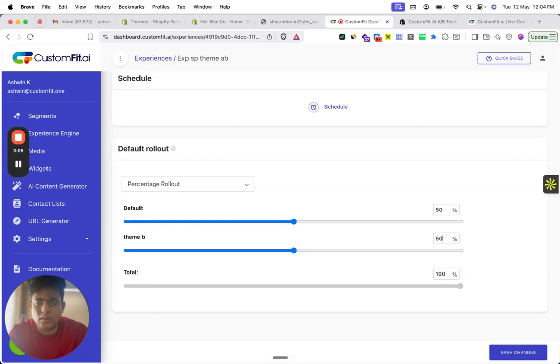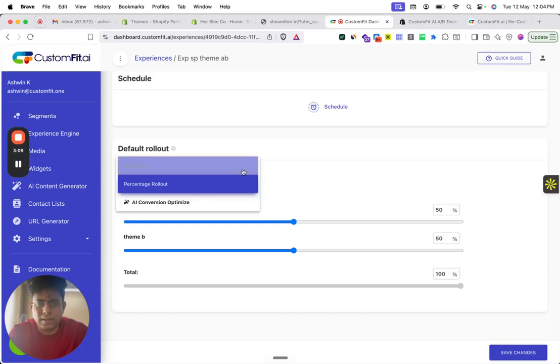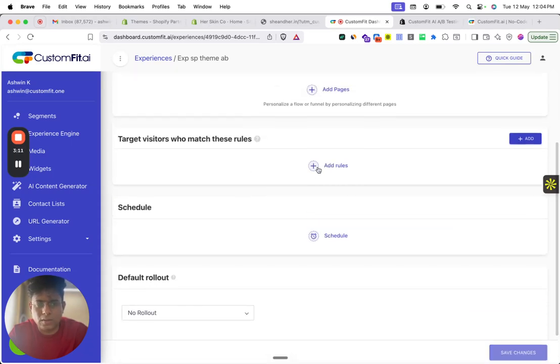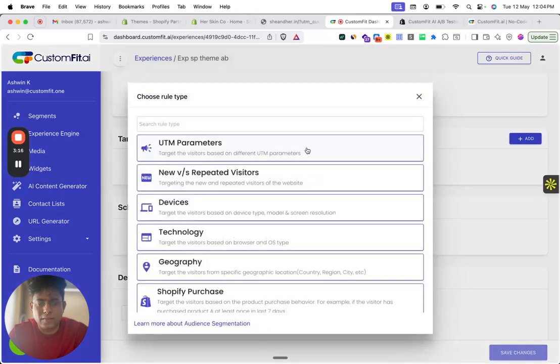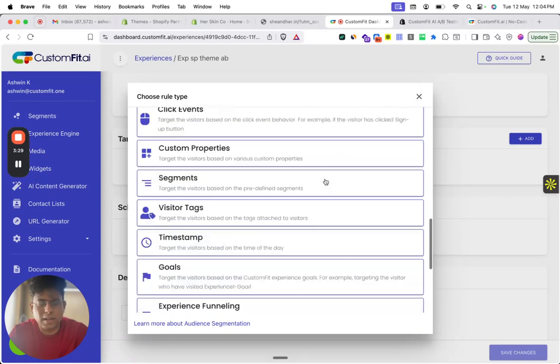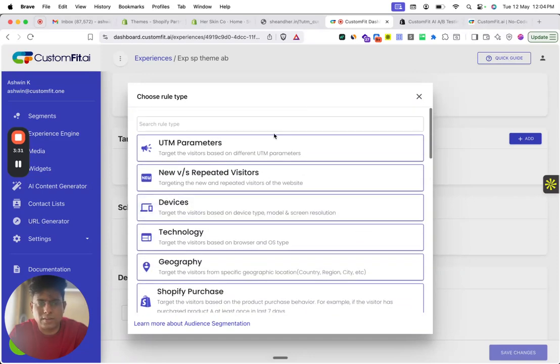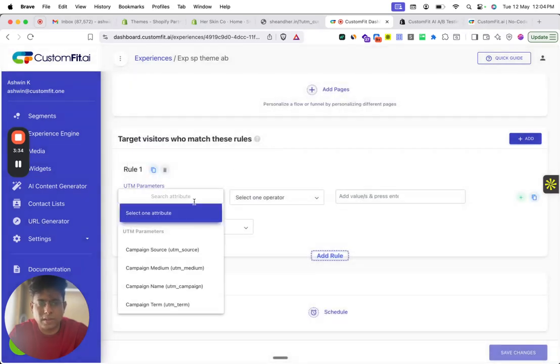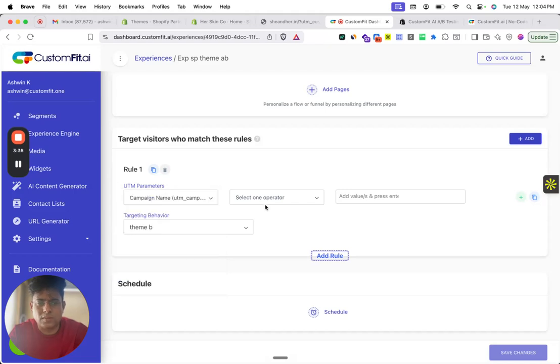Assume that you don't want to do the theme level A/B testing for the entire traffic, but for a segment of audience. Then you make it no rollout and go to the wizard segments. Basically, add rules over here. CustomFit gives an in-depth rule selection or segment selection, where you can create audience segments based on various parameters. It can be your campaign parameter, new versus repeat visitors, devices, technology, and the list goes on. For a simple example, let's select the campaign parameter, say the UTM campaign is one of